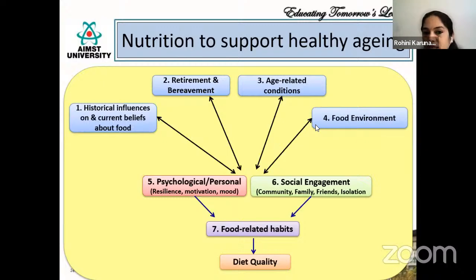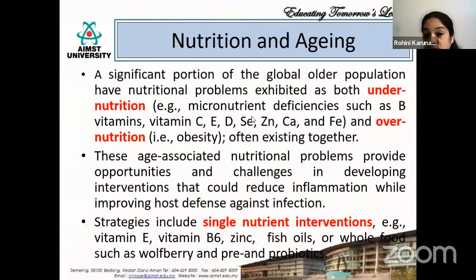So talking about hygiene and nutrition, we know that vitamins play a very important role, and we know that nutritional problems exhibit mostly in the elderly because they're either undernutrition or overnutrition. Either they are obese or they're not consuming enough micronutrients that are required for the body. So when you talk about undernutrition, malnutrition, you talk about micronutrient deficiencies. Vitamins are very important. Vitamins like vitamin B, vitamin C, which fights for immunity, vitamin E, selenium, zinc, calcium, iron, all these are required for general living because these micronutrients would be deficient based on the aging and are required